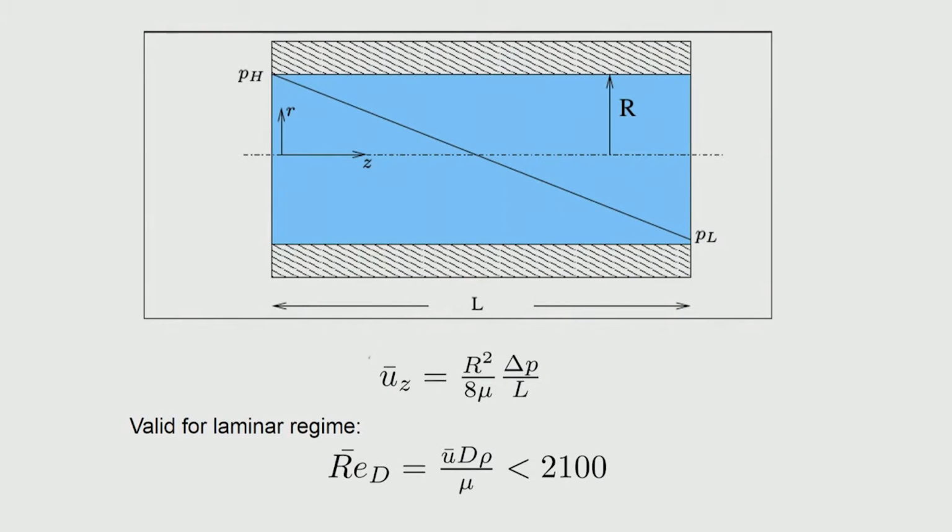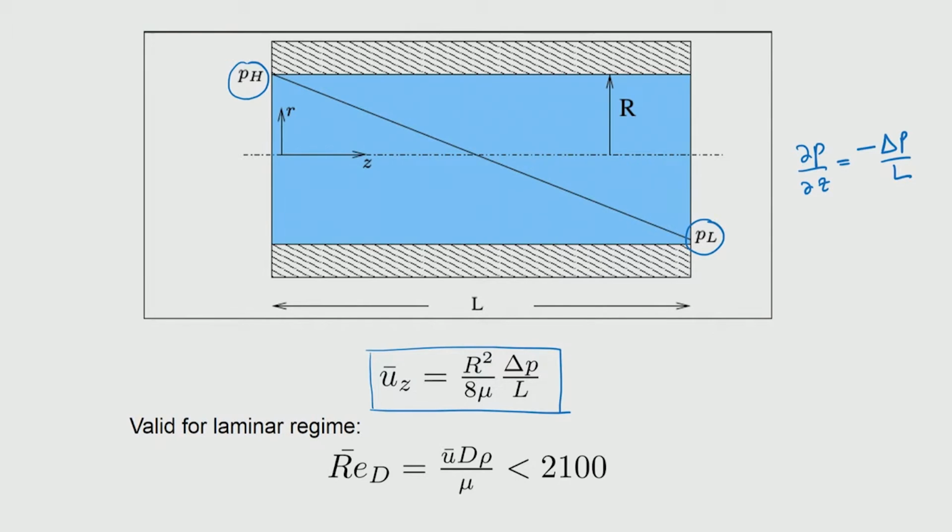We have derived this in the previous session, where due to the pressure drop per unit length that is shown here, the pressure at the left hand side of the domain is shown as PH, right hand side is PL. So, the pressure drop is given as minus delta P by L. Therefore, that is the driving force for the fluid flow in the axial direction, and the average velocity, which is half of the maximum velocity, is given as r square by 8 mu into delta P by